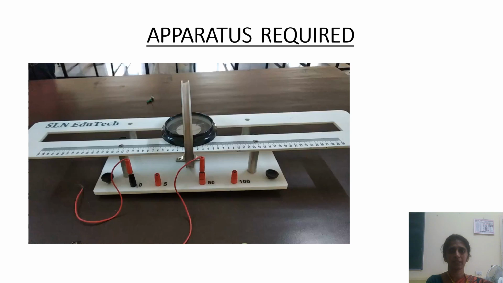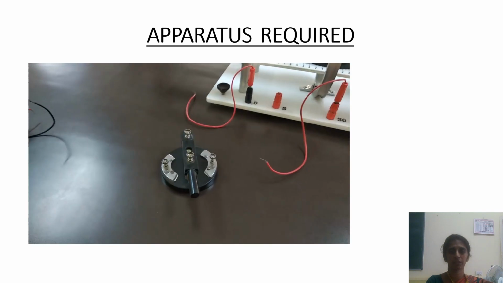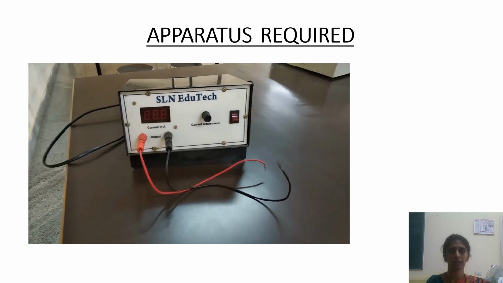Required are: here is the current carrying conductor and we have a compass here. This is the axis, so we must move this compass away from this coil, and we must note down the magnetic deflection from the compass at various distances along the axis. Here you can see we have many leads. I am using 50 turns in the experiment, and we require a commutator to change the direction, and we require a battery.